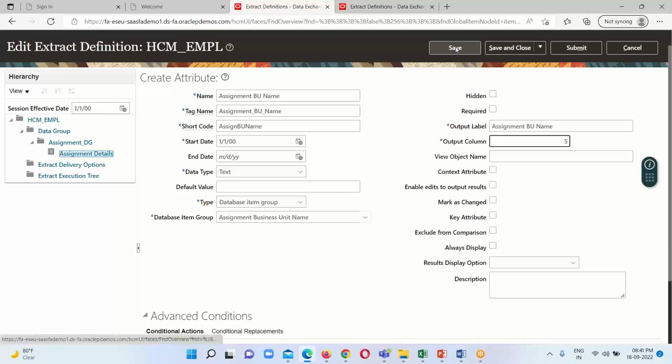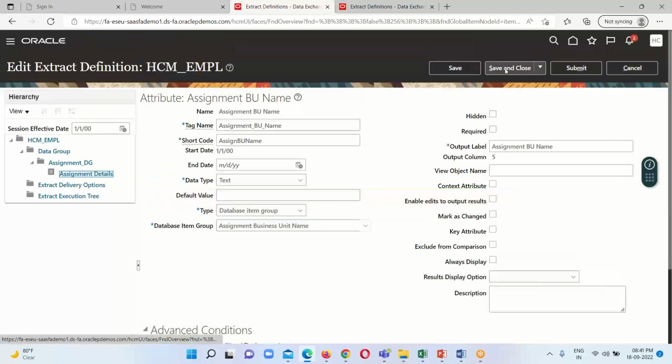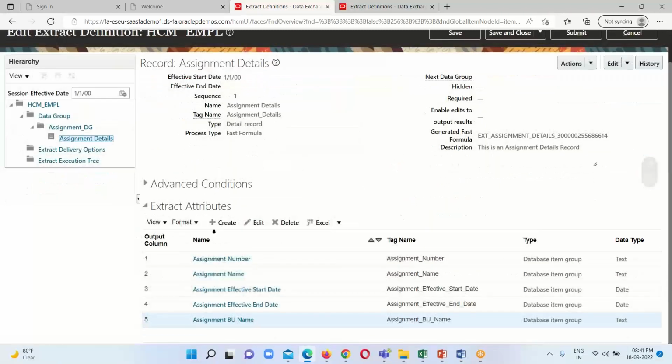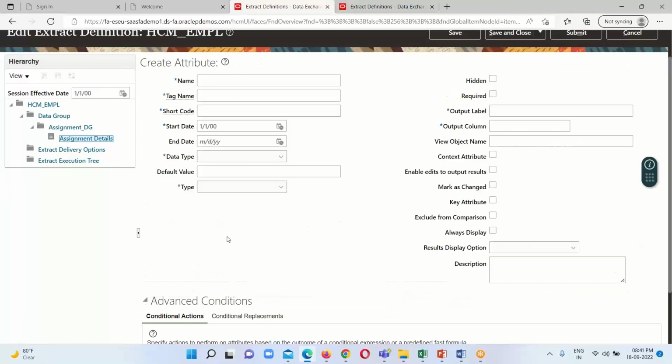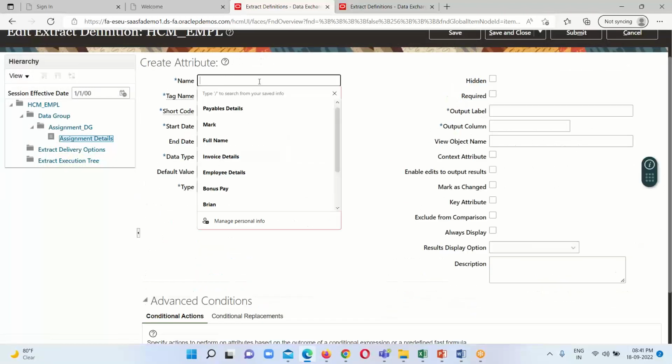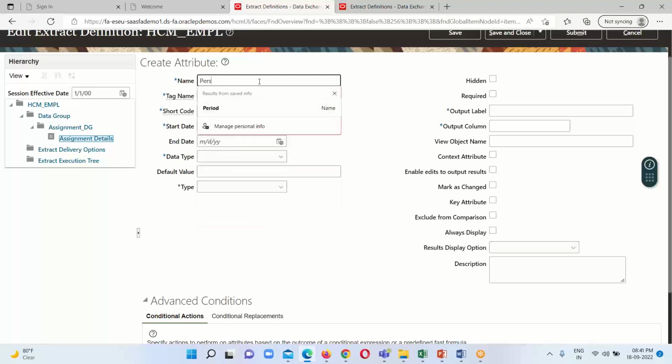It is, column is fifth. Click on save. Save and close. And I'm going to provide one more person, gender,